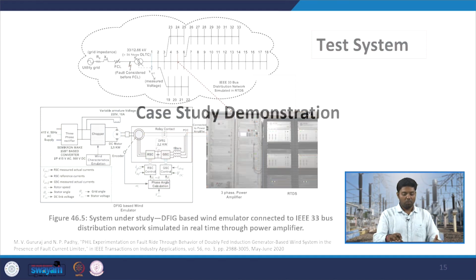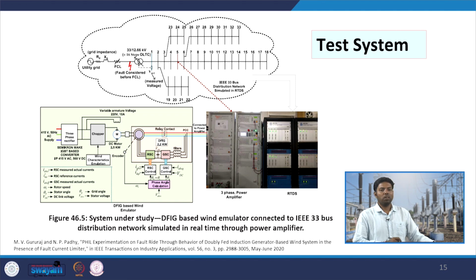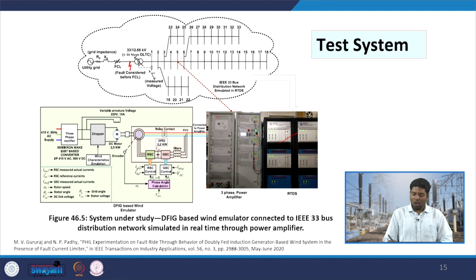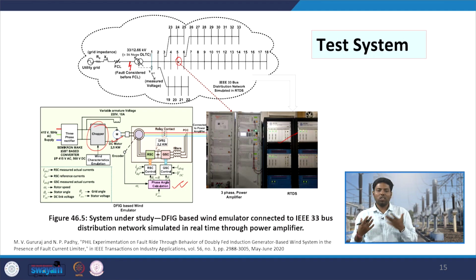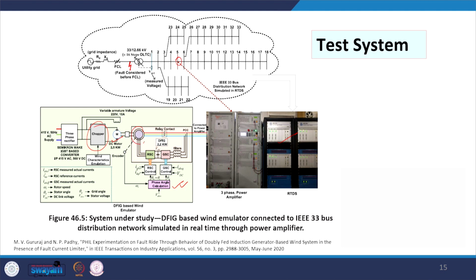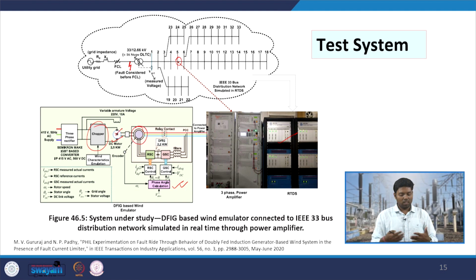So, if we take a case study demonstration with a PHIL setup, that is a power hardware in the loop setup, where you have an RTDS, where you simulate an IEEE 33 bus system, and at a particular bus, let us say bus 5, you have physically connected a DFIG wind setup. The wind is emulated by a separately excited DC generator, which gives the emulation of the wind speed. Then you have a DFIG setup connected with a separately excited DC motor, and then you have RSC and GSC control, and that is connected to bus number 5 through a